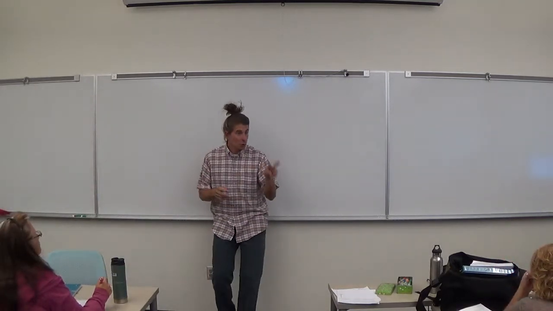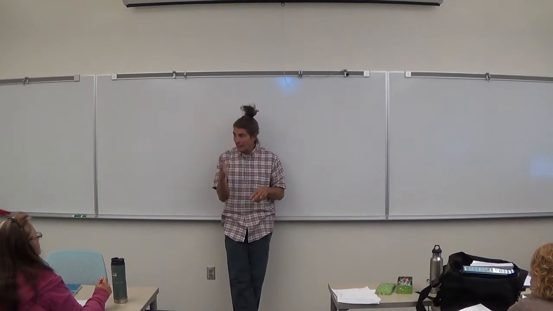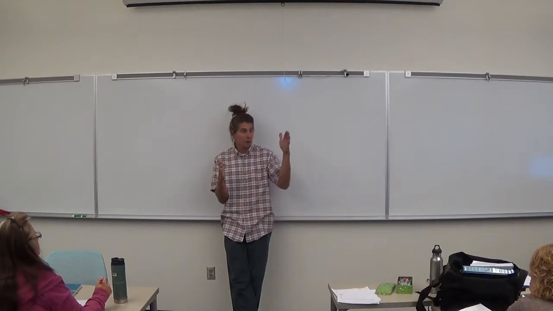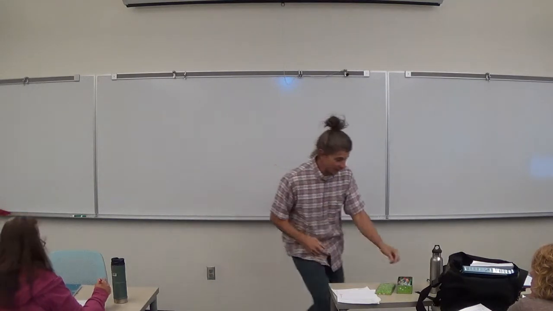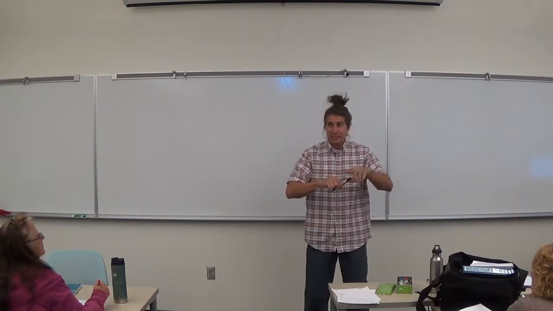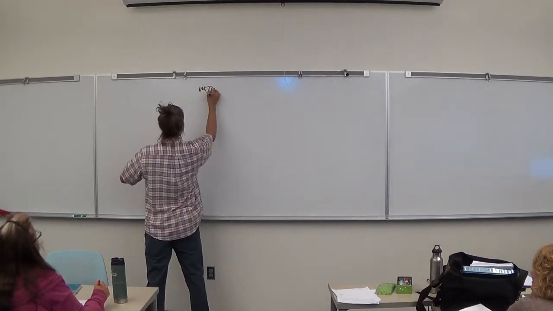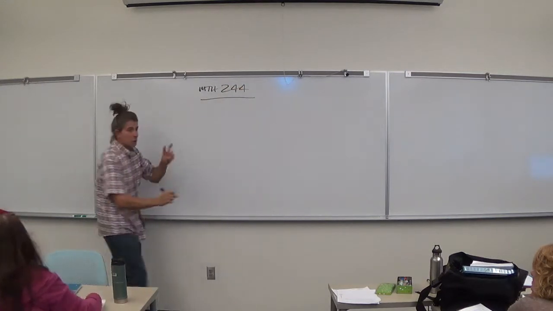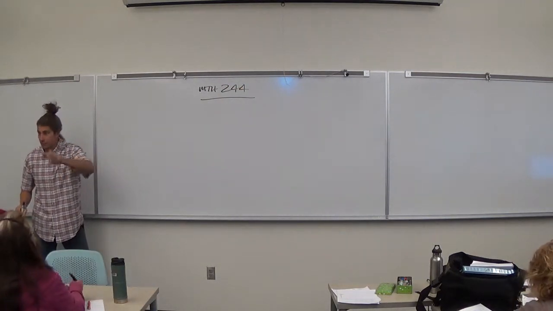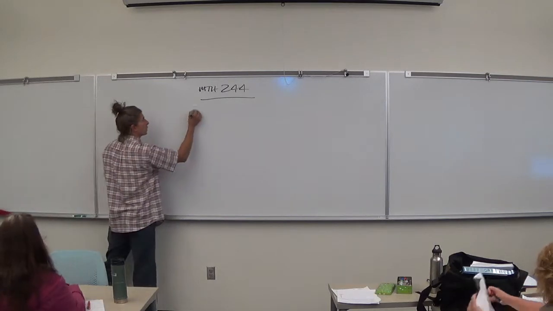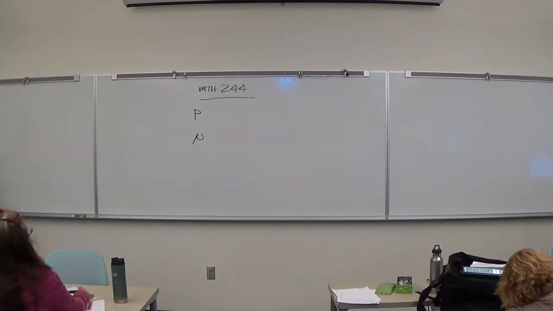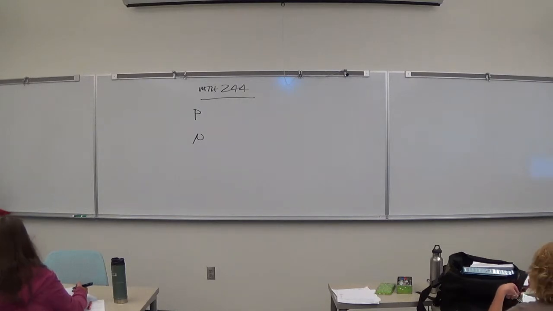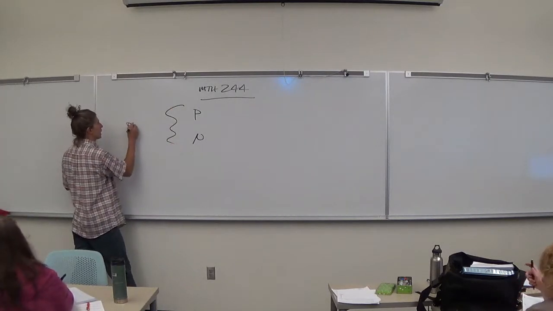Okay, so there's two answers, right? There's the result we got from our sample, and there's the true value that we're trying to estimate out there in the population. So in this class, thank you for phrasing it just like that. In this class, in Math 244, there are only two parameters I want to worry about in this class with you guys. Only two. The first one is little p, and the other one is little mu. Haven't even started talking about him yet. I'm thinking maybe at the end of the day we start bringing him in and discussing him and seeing why we care about him. Those are parameters.